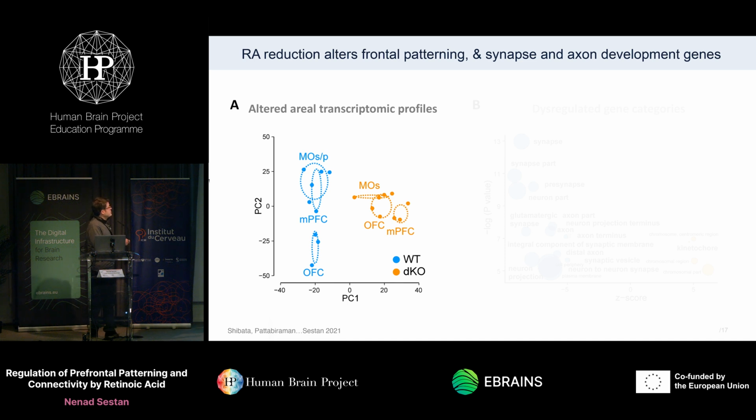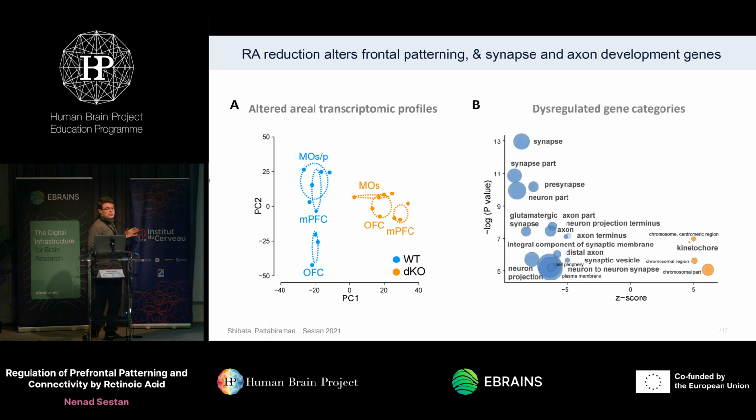And so we microdissected motor cortex, medial prefrontal cortex, and orbital. You could see that they are clearly separated in wild-type mice. These are littermates. But when we look at the double knockouts, the differences in gene expression within these three areas became diminished. Then we look at what are the genes that are differentially dysregulated in the medial prefrontal cortex,